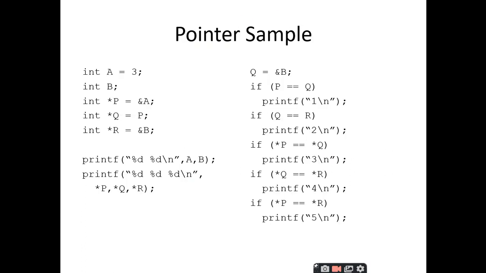Here is a simple pointer example. This is int a. Let us represent it diagrammatically. Assume that a has been allocated 4 bytes of memory, the base address is 50, and the value stored inside a is 3. Similarly, int b: assume that at location 100 the variable is created, and since I am not assigning any value to b, what is the value stored inside b? Anybody please respond.